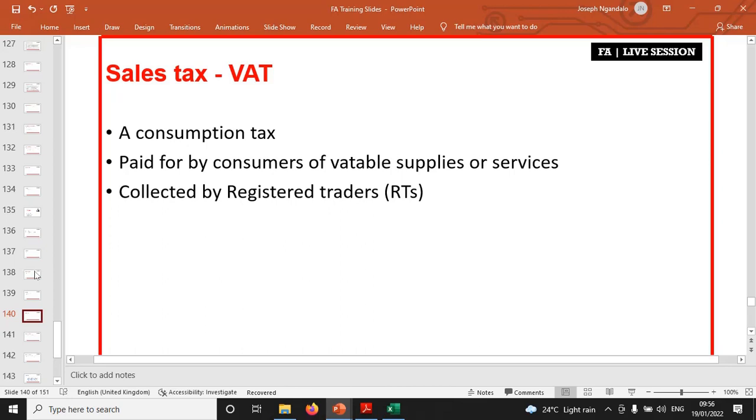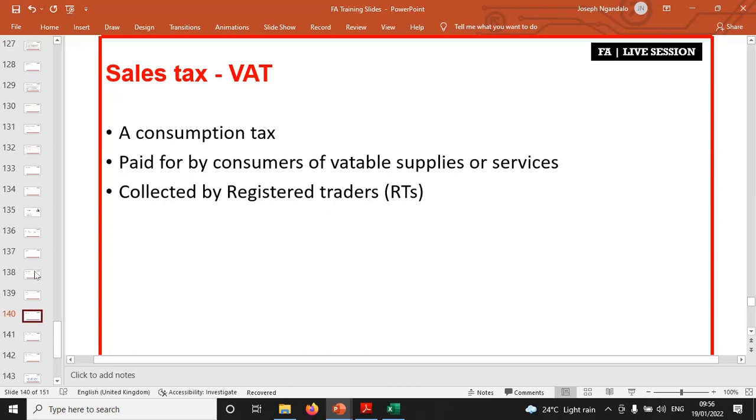I've not heard about any changes on that. Or per quarter, your sales revenue should be how much? How many quarters are there in a year? 4. So what is 800,000 divided by 4? It is only 200,000. So if every 3 months your revenue hits 200,000, you're supposed to register for VAT on a compulsory basis